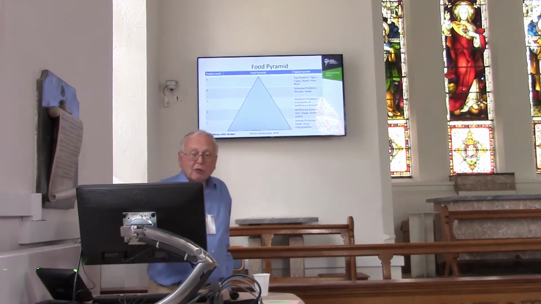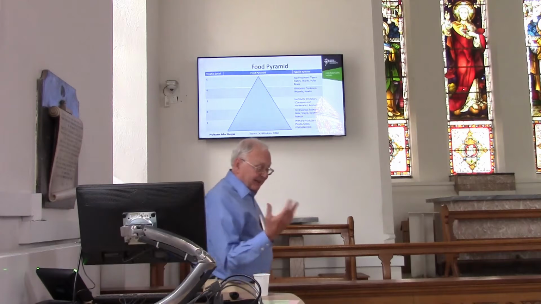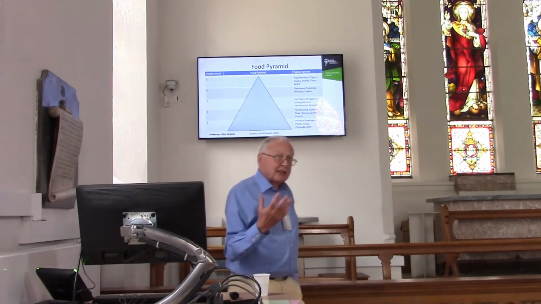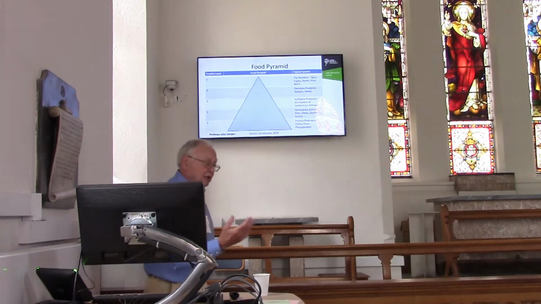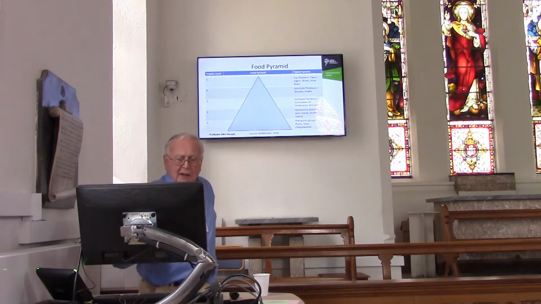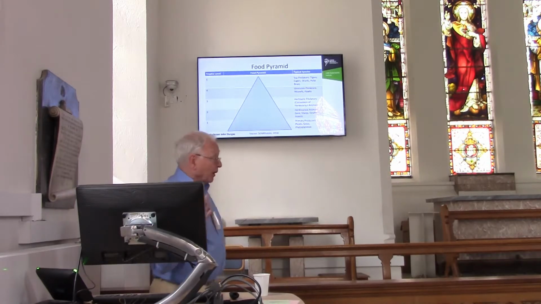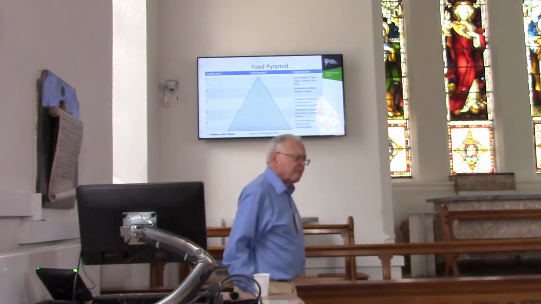So at the bottom, what we call trophic level 1, you've got the primary producers. These are the things like the grass and the plants that turn sunlight into food and oxygen. Oxygen is very important. I've already mentioned the arborescence business. Trophic level 2, you've got herbivores that actually live on the primary production.